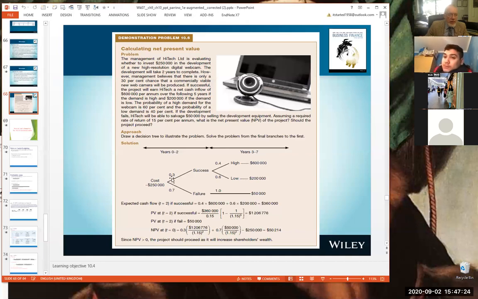What we have here is a number of decision points, and at each decision point we've got a set of probabilities, and by going through and working out the expected value, which is what you do by multiplying the probability, getting to the end there, by the expected cash flow, what you're able to do is work out basically a weighted mean. And the weighted mean is worked out in a little bit more complicated way than the weighted means we've been doing so far.